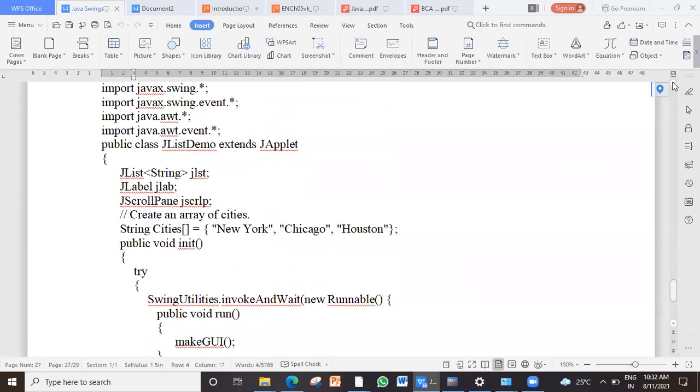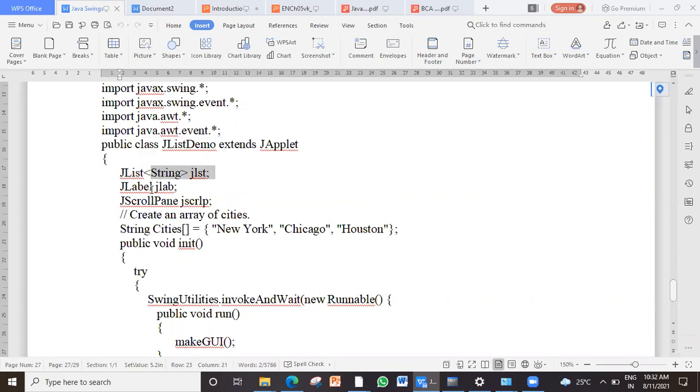Okay, pay attention here. I'm creating an applet. Here I have not used any event handler. I'm just showing you the design. If you want an event handler, you will have to use either item listener or action listener also is fine, but it is not implemented here. It is just a design. So I create a list like this. Why? Because JList is always associated with multiple values.